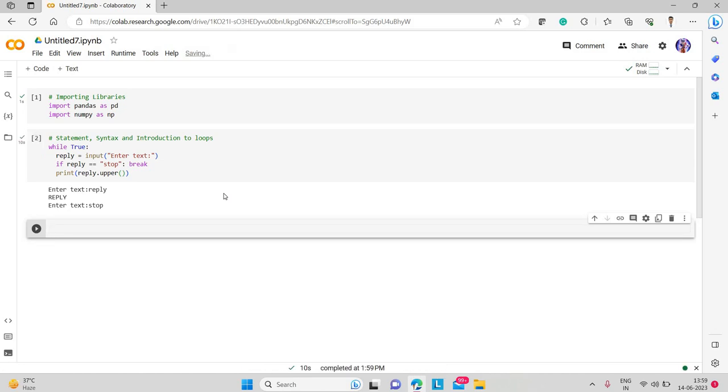This is a basic while statement. It contains an if statement, then it contains an expression like reply is equal to input, then a particular input, and it has some objects like reply dot upper. And in this we can also have some maths, like if I write